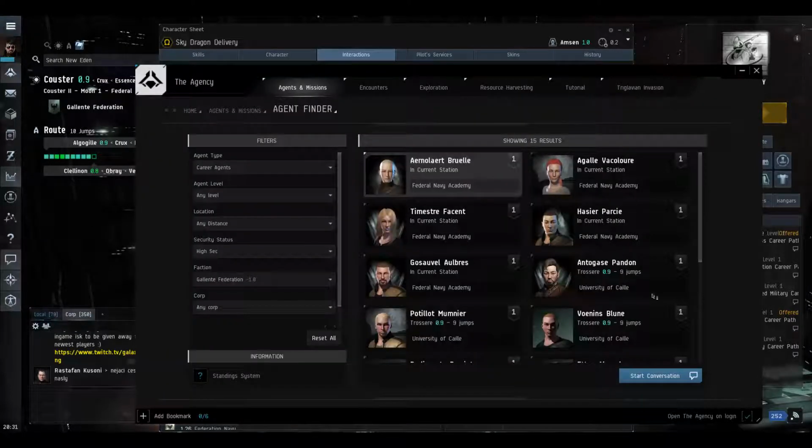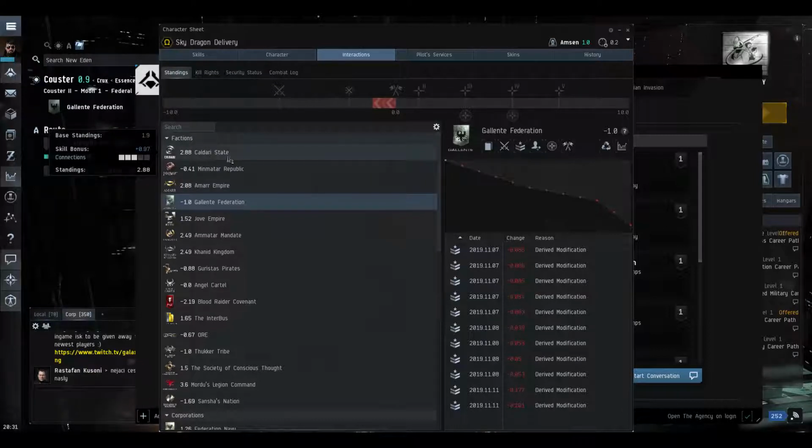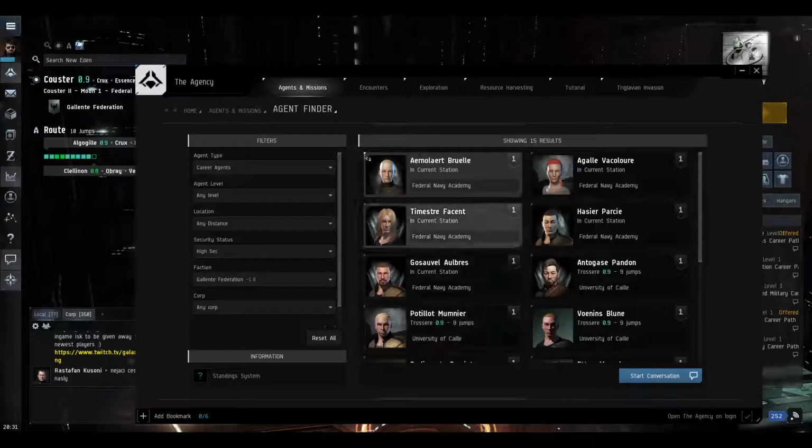So maybe we could do most of these career agents. And then this will be in the positive, and Caldari might be back down to like a 1.5 or something. Amarr might be back down to like a 1 or 0.5, but Minmatar would actually be up in the positives. So we're just going to juggle around career agents. So when we do some here, if our